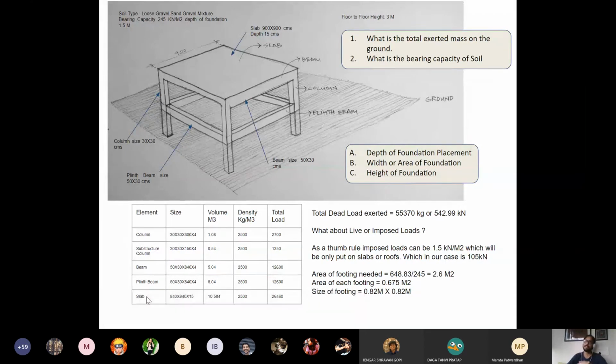Please remember, the slab is the heaviest component in an RCC construction. If you were in a load-bearing construction, generally the slab would not be as heavy. It would actually be the walls which are the heaviest. This is something you should remember; it should come inside you very quickly. In load-bearing construction, the wall takes on the maximum structural strength, and that comes from the load or the mass of the wall itself.